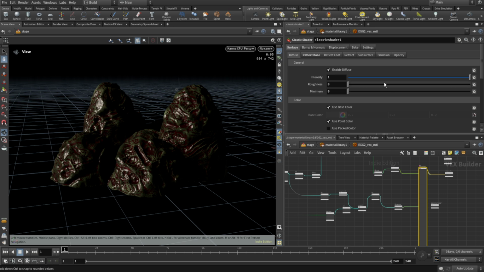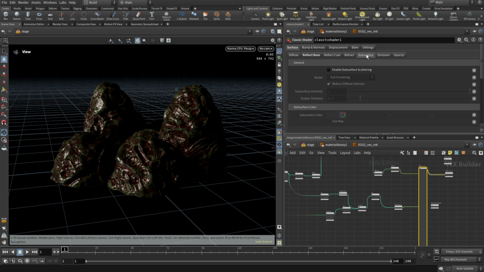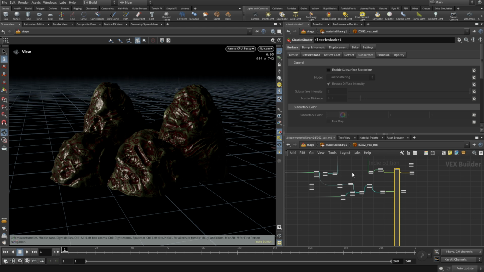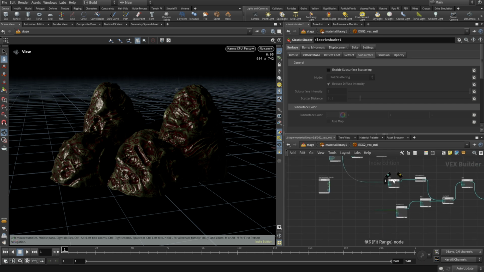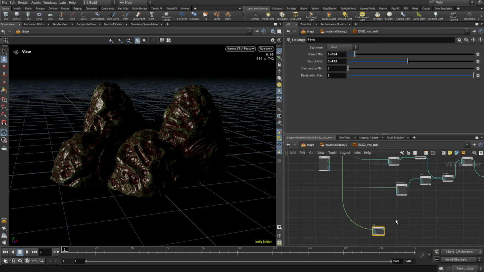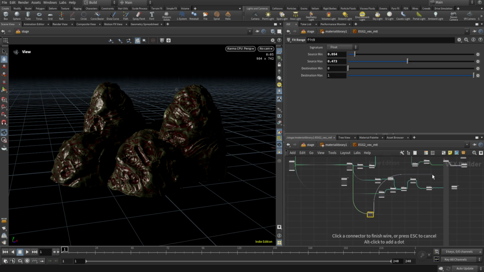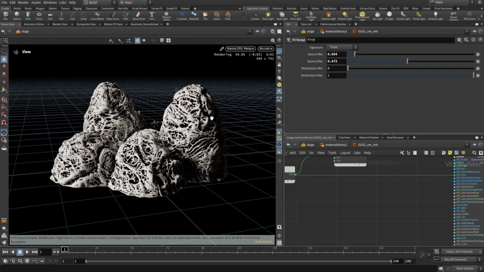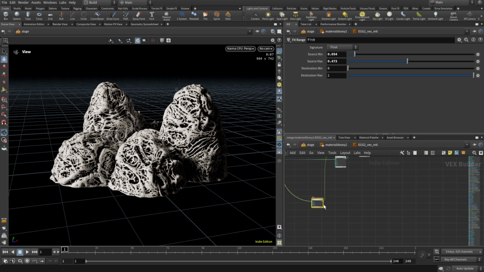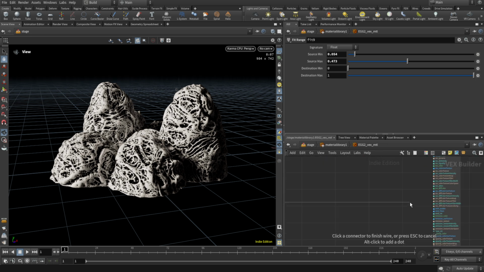Well, first of all, the subsurface, right? Also, using the same approach, we're going to grab our curvature mask, which we already used a couple of times. Maybe I'm just going to grab this fit range node. Just going to plug it here to verify what we have before plugging this into the subsurface, which is exactly what I'm planning to do. Those extruding parts, we're going to make sure they have a tiny bit of translucency on them, and the rest would be pretty much opaque. So let's try and plug that into our SSS